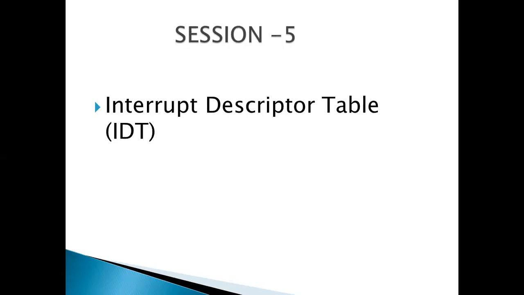What information does it maintain? Generally in the form of a gate descriptor. The gate descriptor maintains the information of the IDT, which is referenced from the TSS. The values you maintain and the updates you make in this TSS will be identified with the help of the interrupt descriptor table.